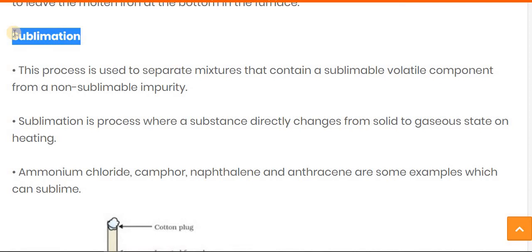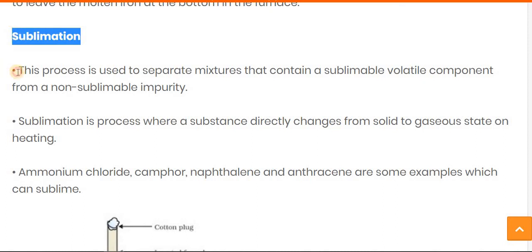Sublimation means without passing through the liquid state, the solid is directly converted into gas, and the gas is directly converted into solid without converting into the liquid phase. That kind of process is known as sublimation.